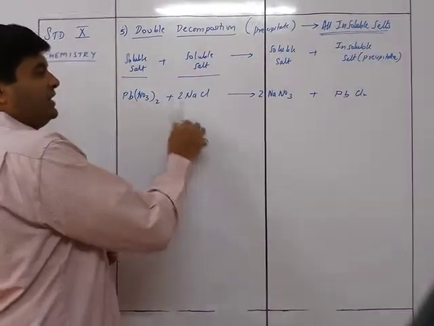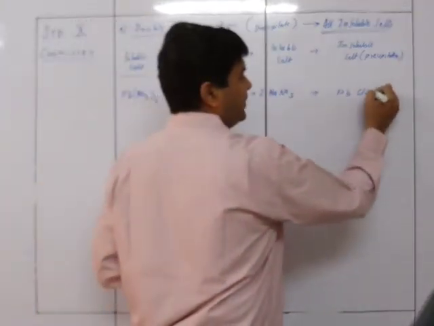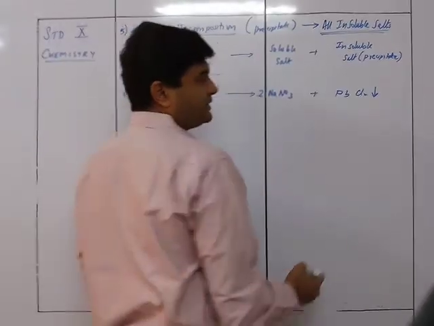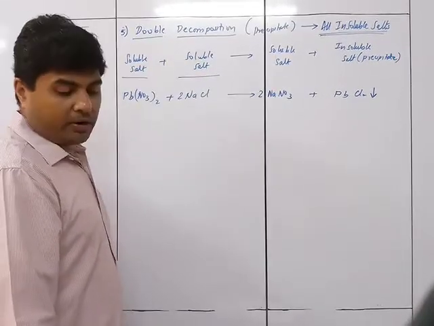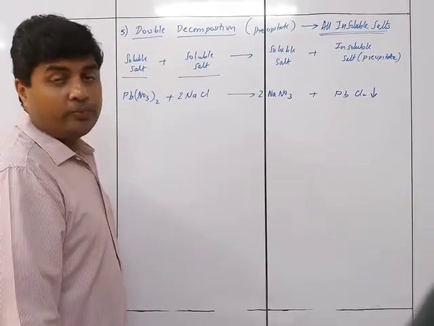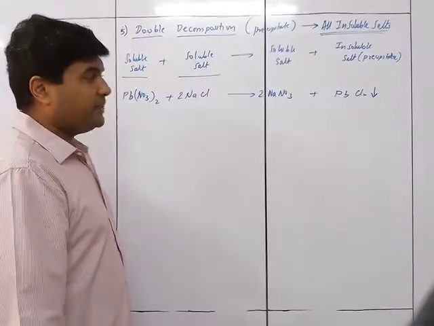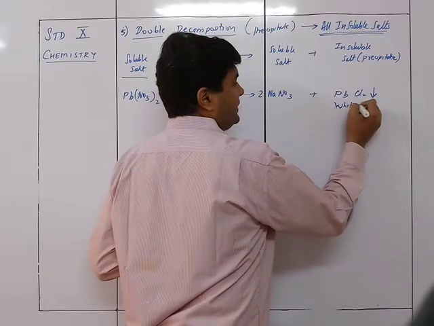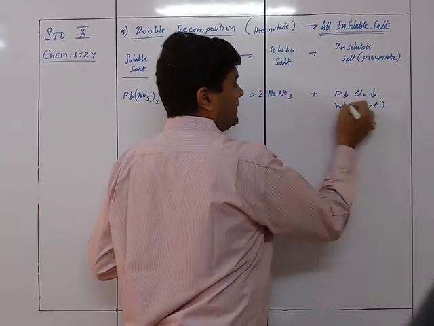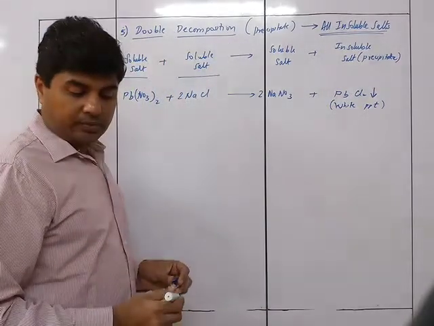So accordingly, you see that this is a precipitate, and it is very important to mark this arrow downwards. The downward arrow is very important over here because it shows the precipitate, and this has a white colored PPT. It's a white PPT that you are going to get as the end product over here.